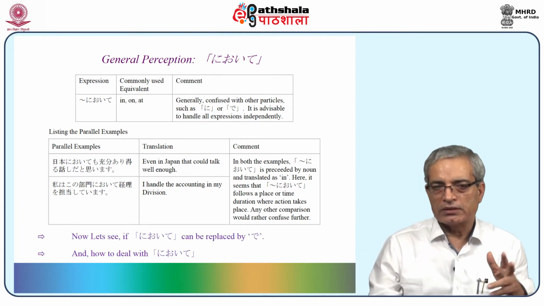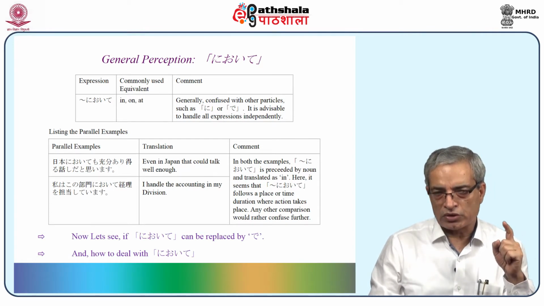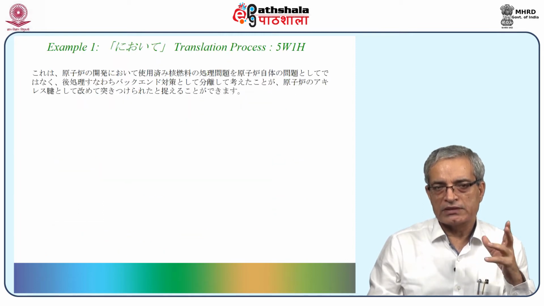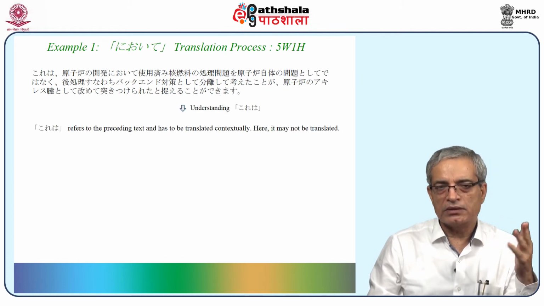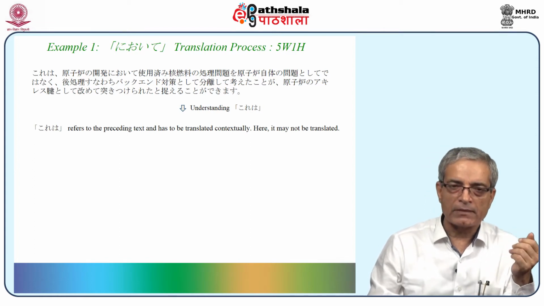So let's see ni oite, if it can be replaced by they, and let us also see how to deal with ni oite. This is one example, the first example of this module. Let's go to the next step. See, in this module, this line shows that it starts with koreva, and koreva has